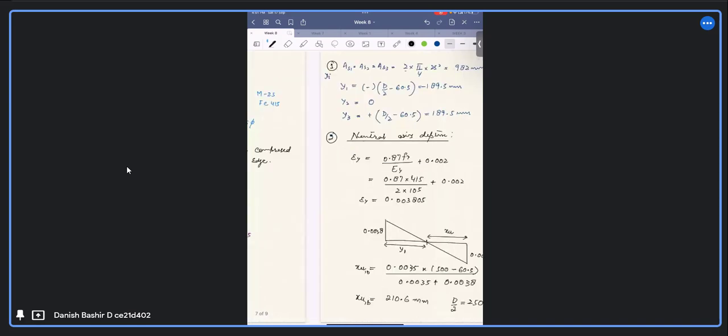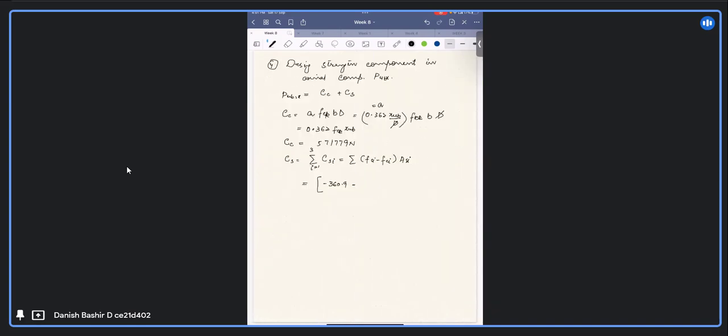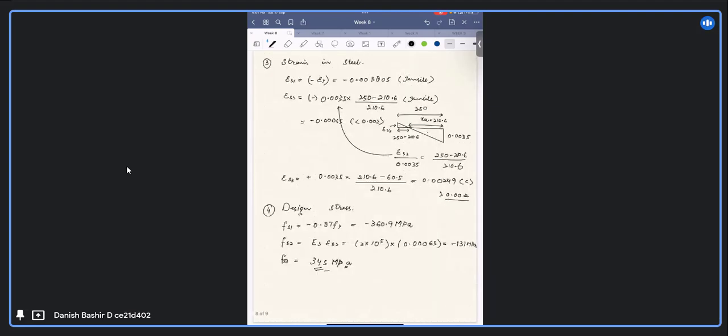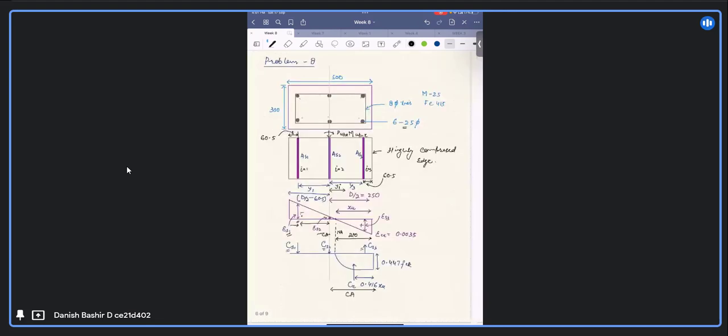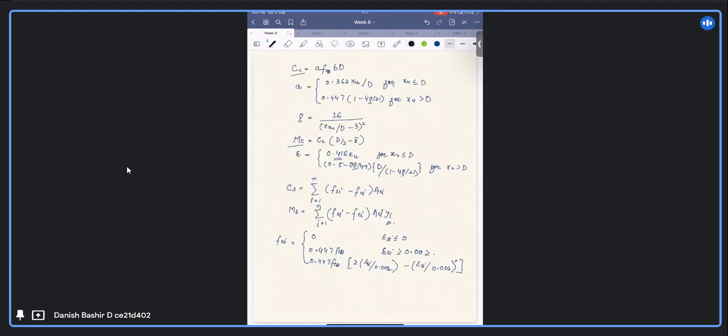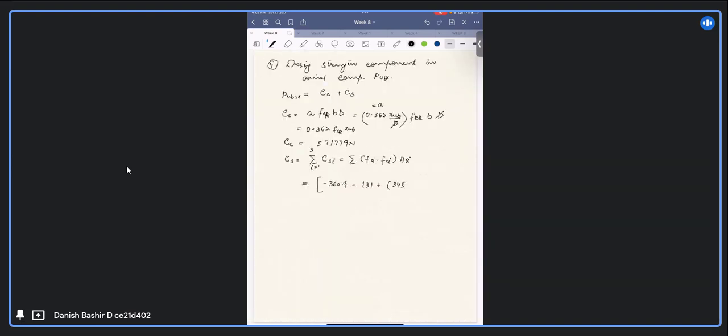Minus 360.9, it is minus 131. That is the second. And third, here we have the problem. 345. I wrote 345. FS3 is 345. But ES3, you can see here, ES3 is greater than 0.002. And from this formula, you can see that for ESI greater than 0.002, we have to subtract 0.447 FCK. 0.447 FCK is 25, and ASI for every row I already calculated, these are equal and it is equal to